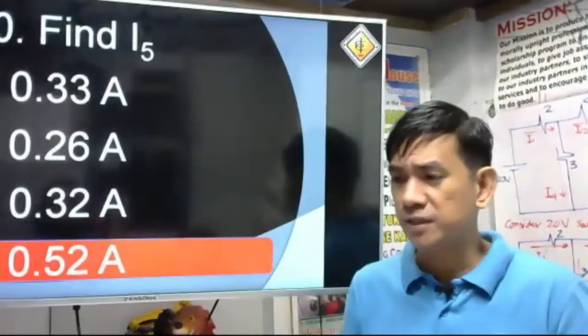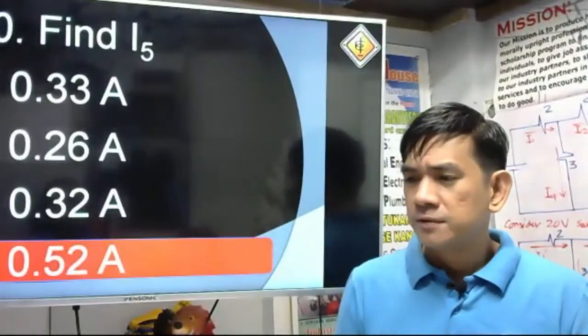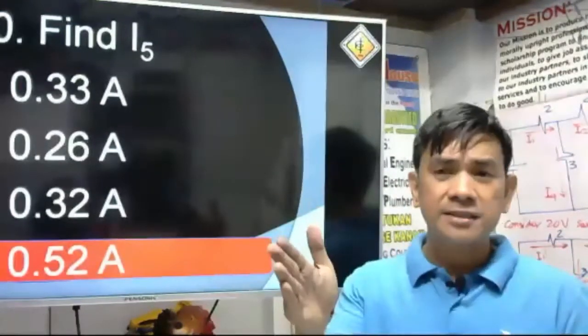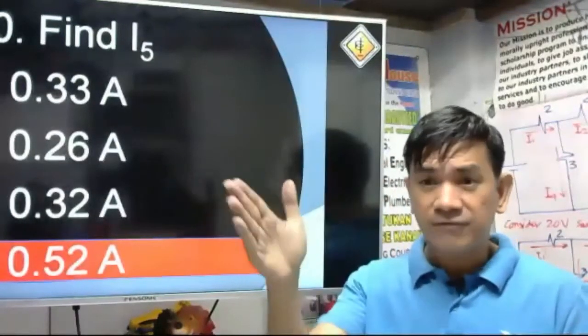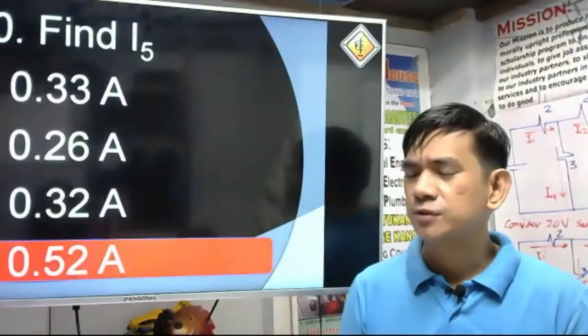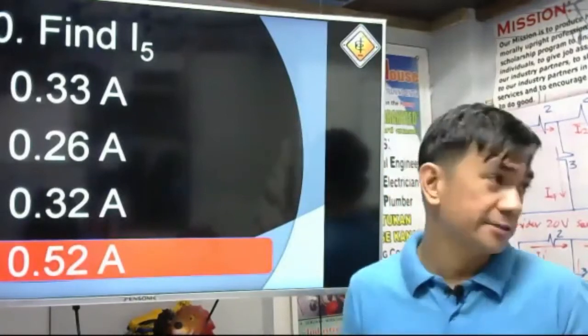It's not in the school. That is for the board examination. For electrical engineering major subjects, if there are 100 items, you have to get at least 70 items correctly. You should get a 70% overall rating for Math, ESAS, and EE.